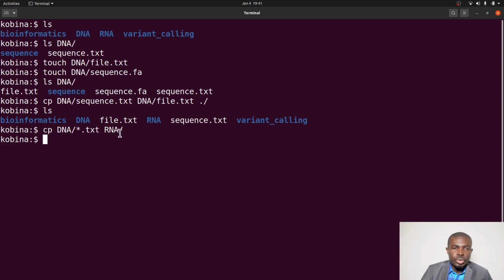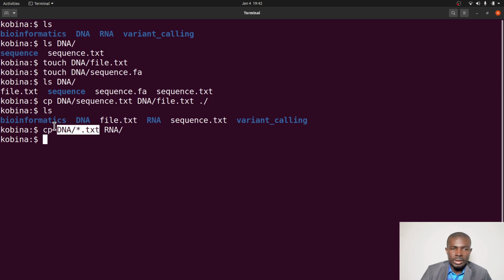So why are we able to do this? This is because these files have something in common. They all end with .txt. So that's what I did here. The star indicates that you want all files that have their names ending with .txt. So this is where naming conventions come in handy. If you have a good naming convention, then it becomes easy to manage your files, manage your directories, and even process them. Because I had these files ending with .txt, I was able to